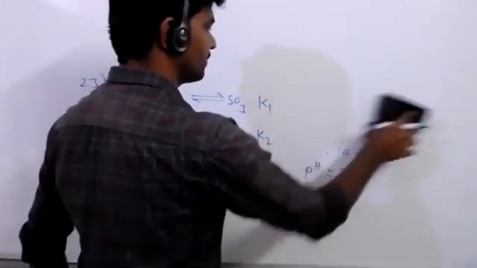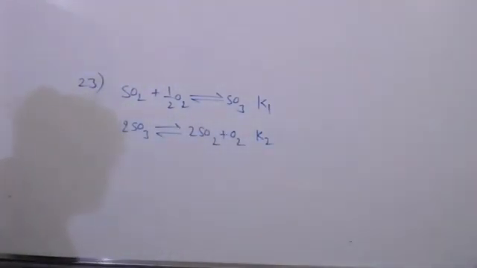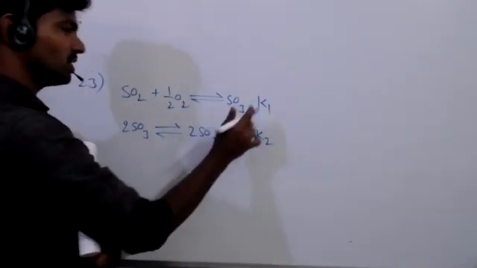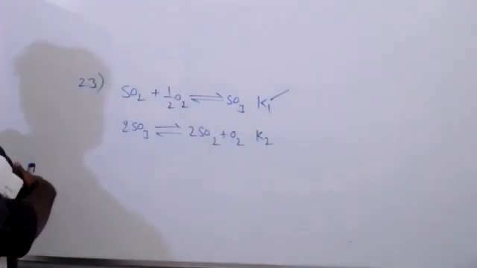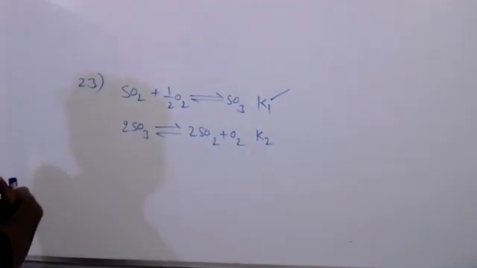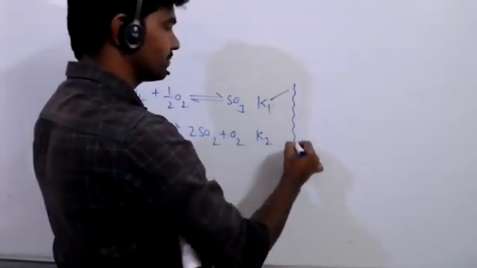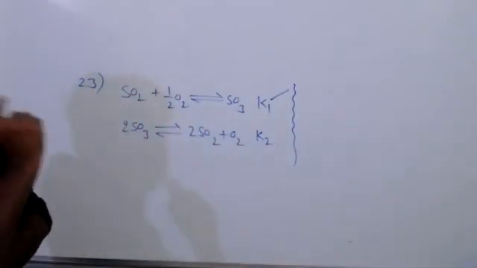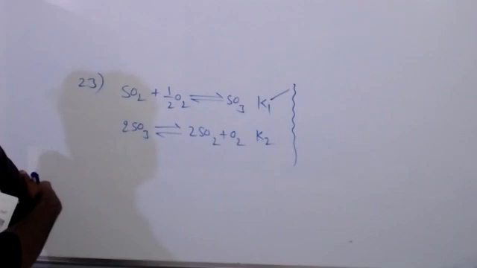Sir, if you multiply the first reaction by 2, then we get the reverse of the second reaction. Yes, so it will be 1 by K square, right? You don't change anything in 2. Just take equation 1 only and modify that. You will get the relation with K1 and K2. K1 into 2 gives K1 square, no, sir? Yes. And if you reverse the reaction, from left side to right side, now to the left side, so 1 by K1 square. Yes, the answer K2 is equal to 1 by K1 square is correct.